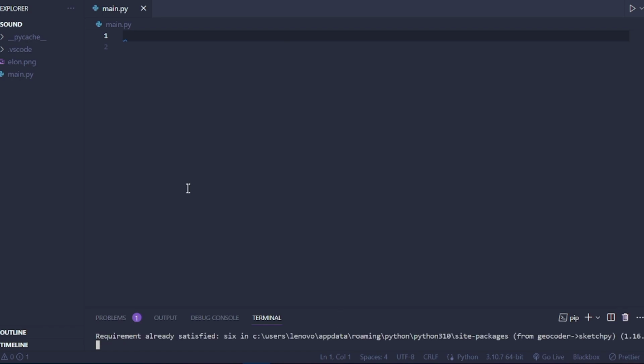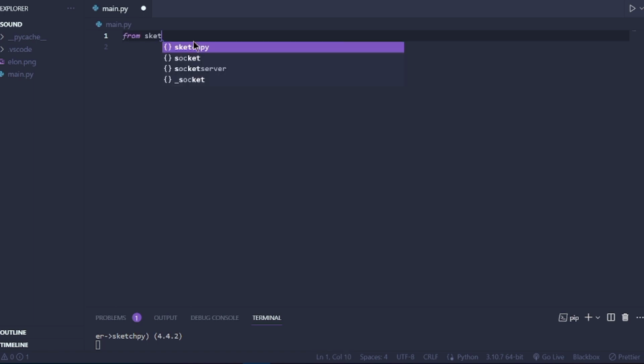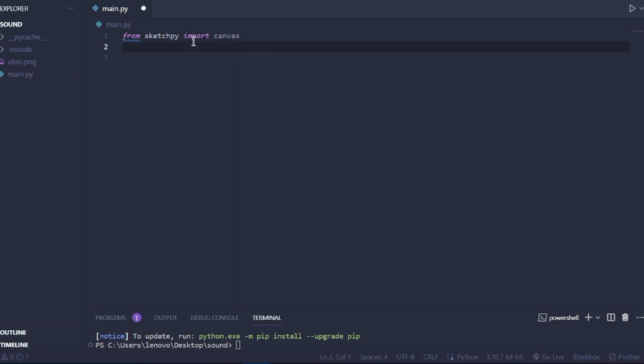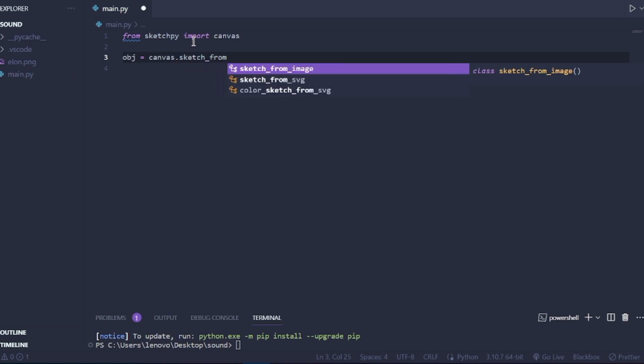So the moment it gets downloaded, we would import it: from sketchpy import canvas. Basically, the canvas function would allow us to convert the PNG image to sketch. Now we have to create an object variable and name it canvas.sketch_from_image, and